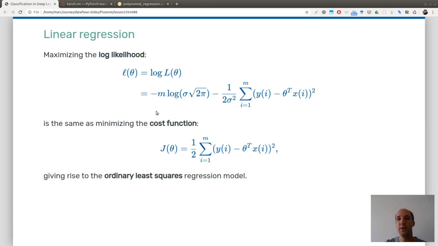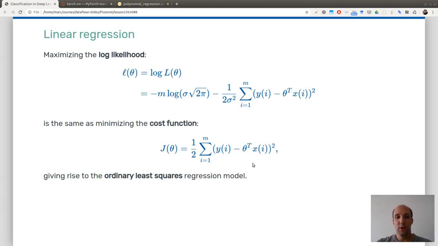So you see that the log likelihood is made of a constant term, so you don't care about this term for the maximization, plus this term here, as a function of theta. Now if you want to maximize the log likelihood, you want to note that there is a minus here, so you want to minimize the sum of the squares. This is my cost function, which is just the sum of the squares of the differences between the true value and my current estimate given my parameter theta.